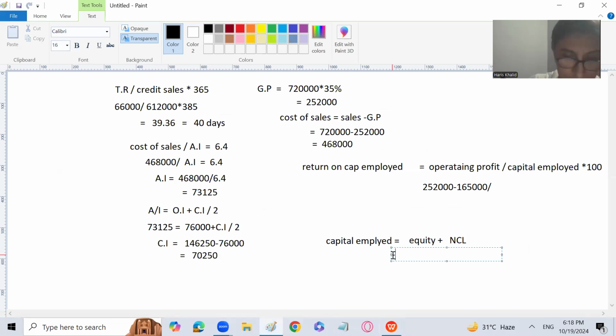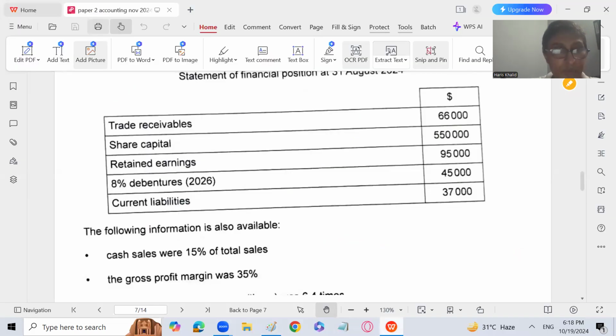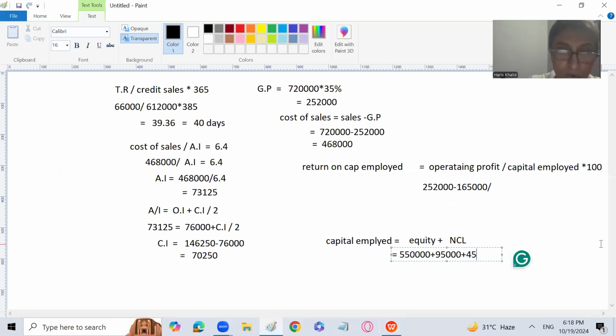So I'll write over here 5,50,000 plus 95,000 and the non-current liability, which is the 8% debenture, and that is 45,000, already given in the question. We'll be able to find the capital employed. Let me calculate it. 5,50,000 plus 95,000 plus 45,000. The answer is 6,90,000. So 6,90,000 is going to be the capital employed. So we are going to divide the profit from operation by the capital employed, that is 6,90,000, multiplied by 100